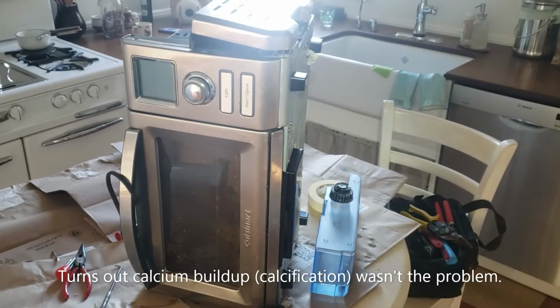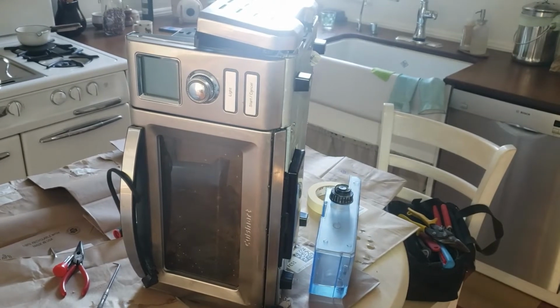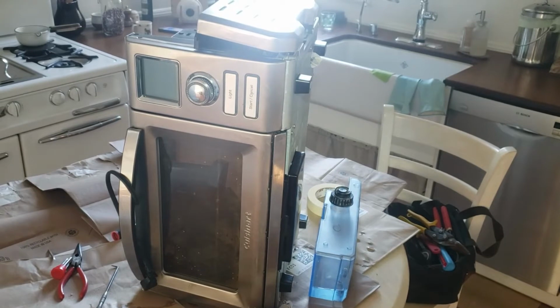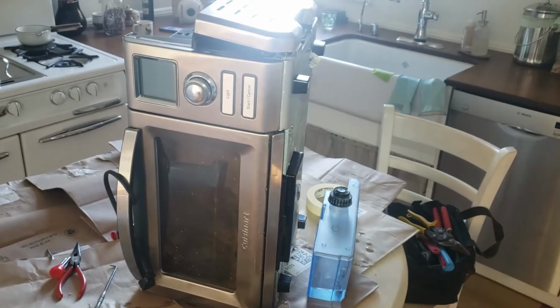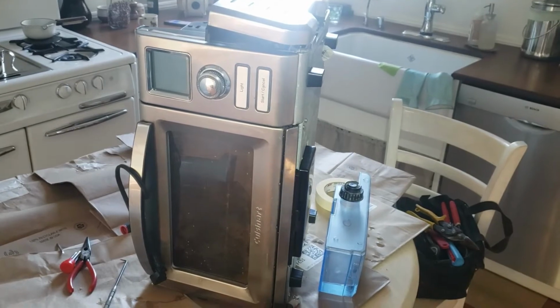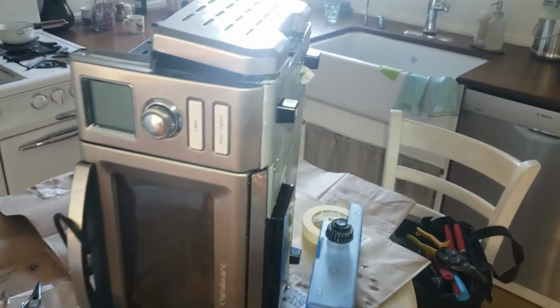Hello. So we're going to see if we can fix this Cuisinart CSO300, which has been beeping anytime you try to start a steam function. It beeps and says add water. So we've checked it out, and